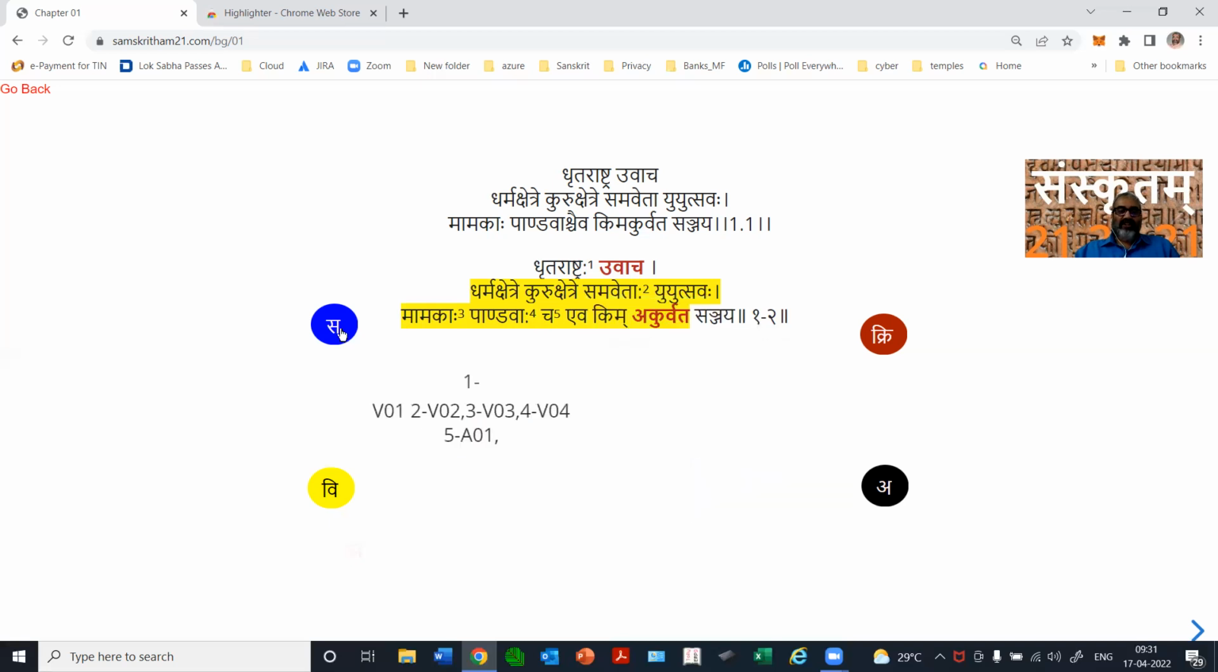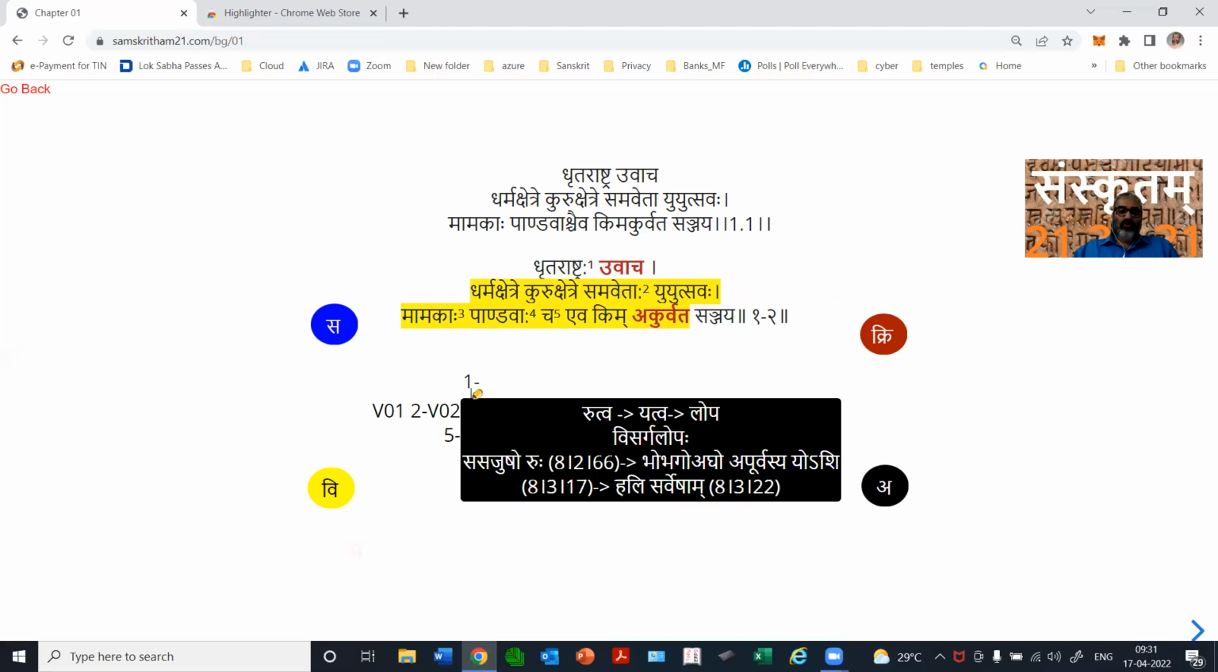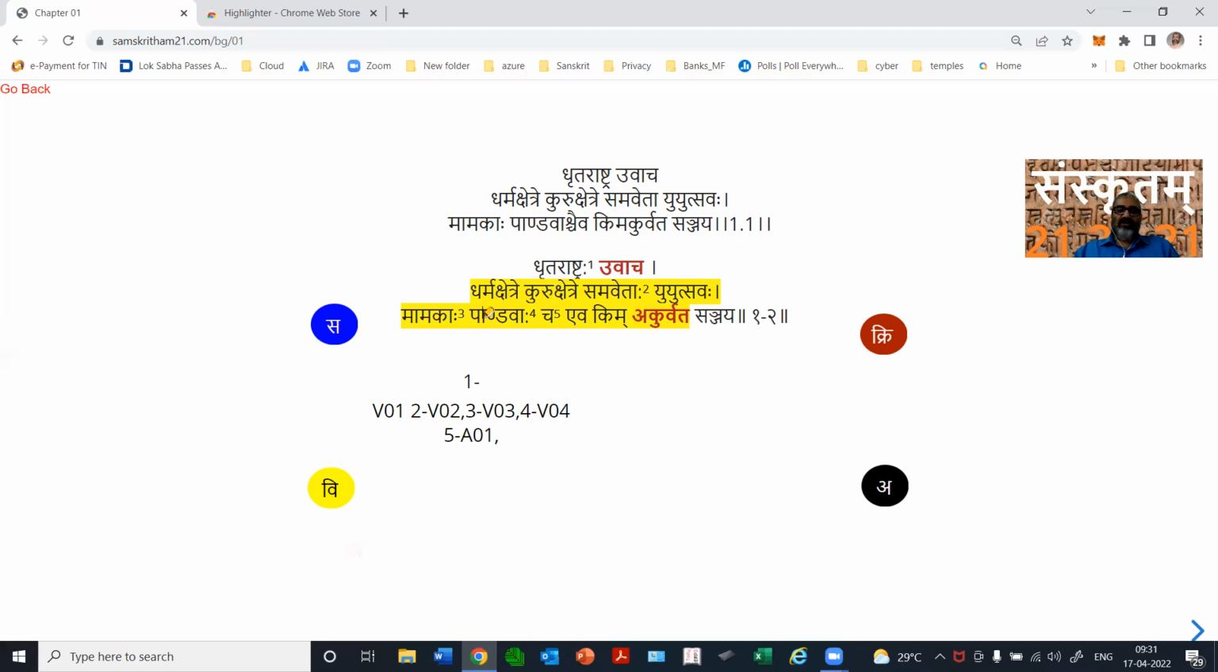Now let us take Sandhi. Here I have mapped this 1, 2, 3, 4, 5 to the various types of Sandhis. 1 is equal to V01, which is Visarga Sandhi. V stands for Visarga Sandhi, A stands for Ach Sandhi, H stands for Hal Sandhi, and O for others. As and when you go to 1, here you see the